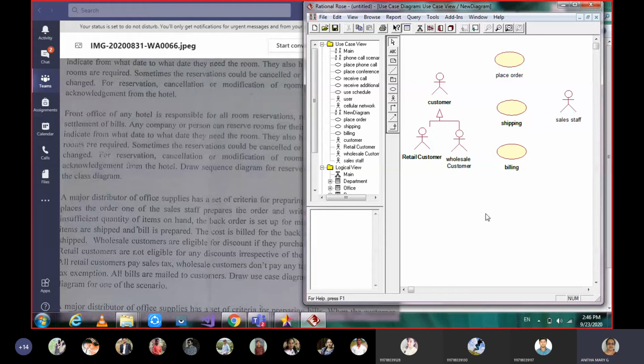Okay, so this is how we can join, and then not only that, we have to give the relation between the customer. So customer will place the order, the customer is the person who is going to be shipped, and the customer is the one who is going to pay